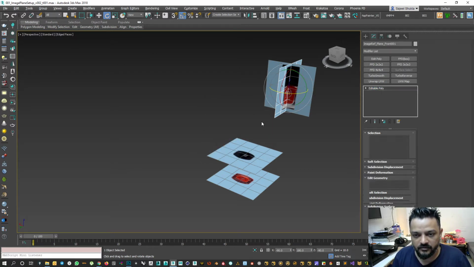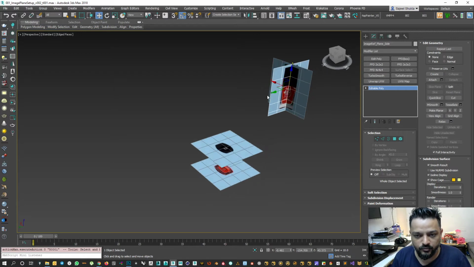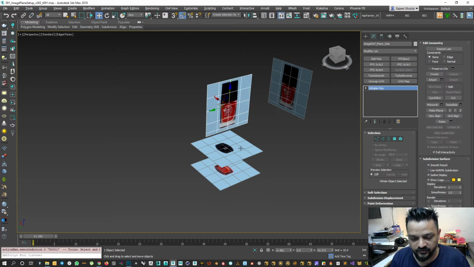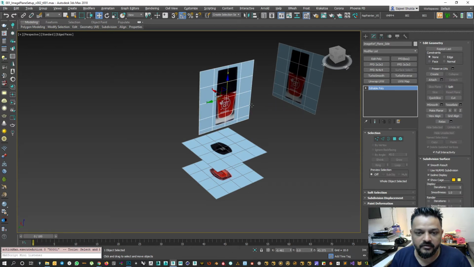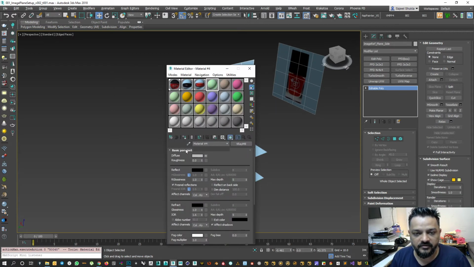Okay, now I need to see this. This is the y-axis. The same thing is replicated here on the bottom left. So on the y-axis I need to zero this out. Press M, duplicate this guy,